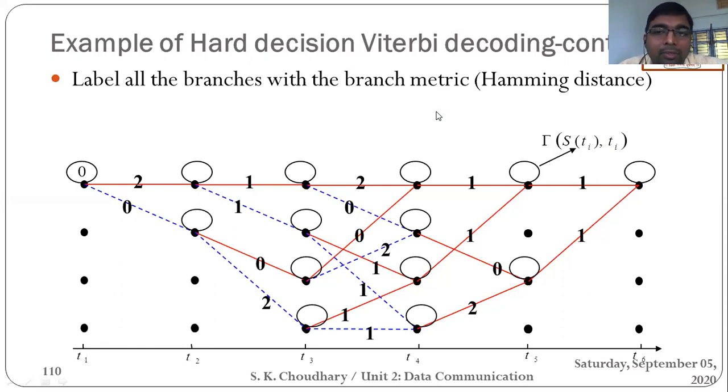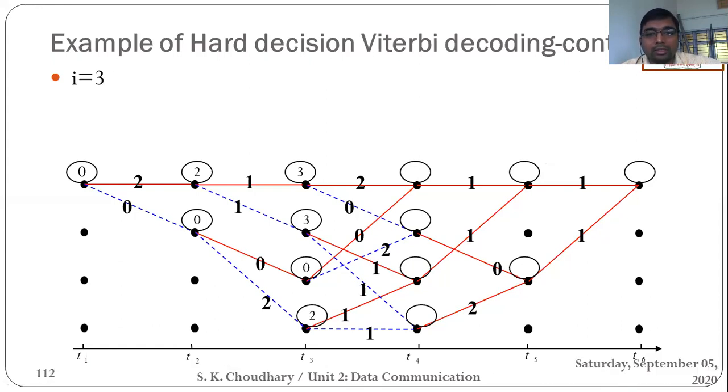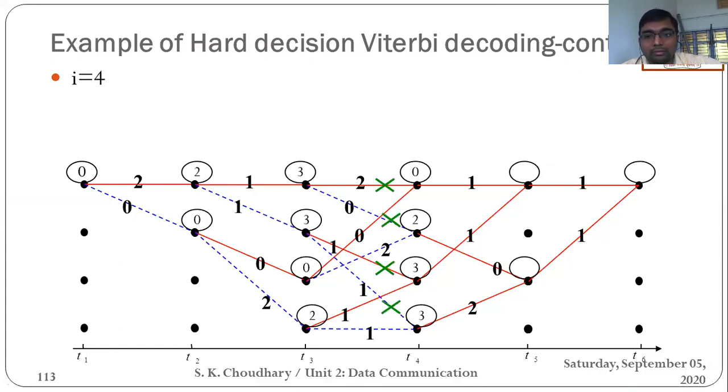In the next lecture, I will teach how this diagram has actually been drawn, because in online mode it is very difficult to draw this kind of decoding method in real time. So you have to take this screenshot. Then another one, starting from I equal to 0, then 2, 3, 4. This is the diagram. This is another screenshot you have to take.